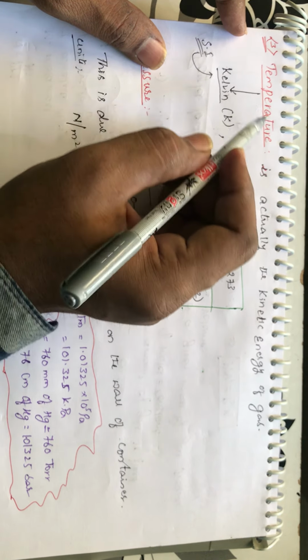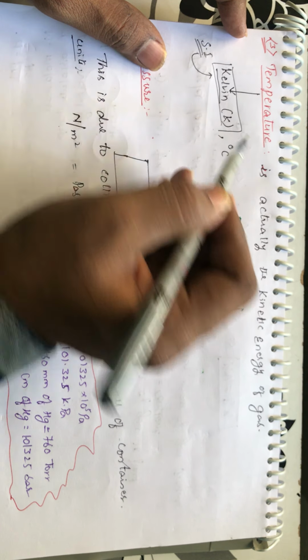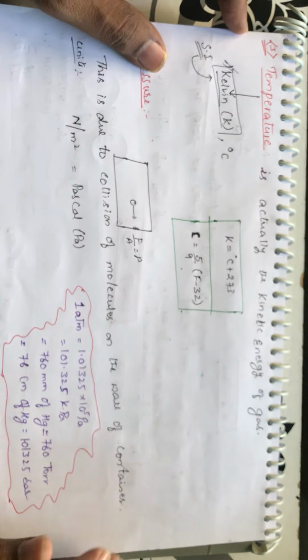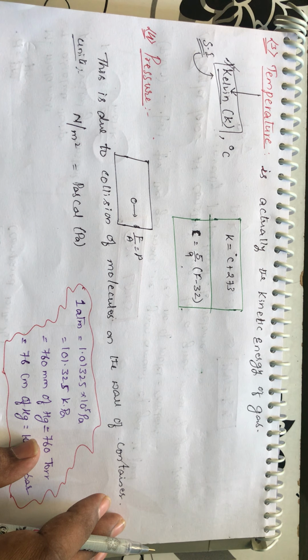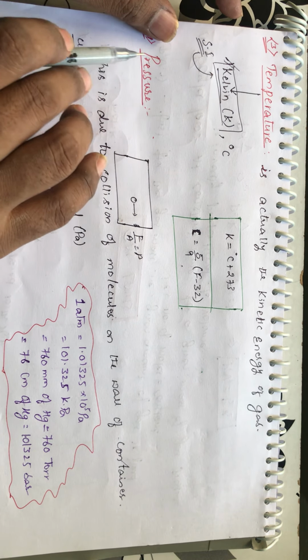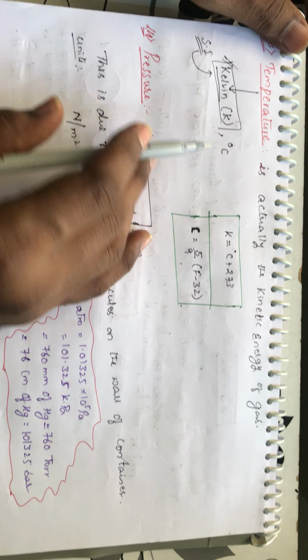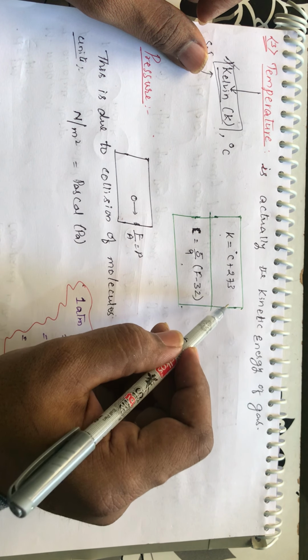Always remember this, students: while solving any problem, first convert the temperature, whatever is present in degrees or Fahrenheit, into Kelvin, then only go for solving the problem. Without converting the temperature into Kelvin, you will get wrong answers. Always convert degree centigrade into the SI unit Kelvin. For the conversion, Kelvin is equal to degree centigrade plus 273.